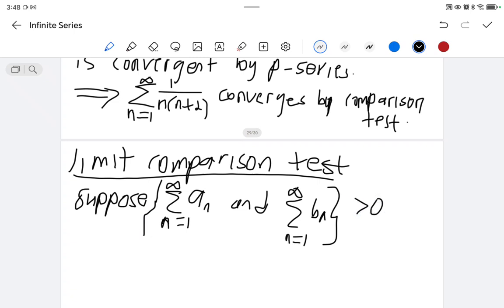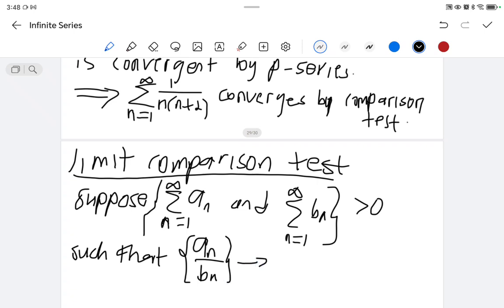Such that for the limit comparison test, we check a of n over b of n. This will approach a certain value L as n approaches infinity, such that